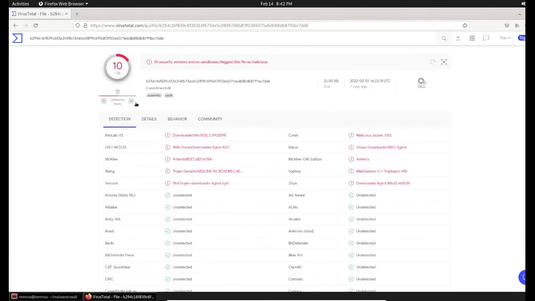Now you can see 10 vendors out of 68 found it as malicious. And you can see the description here. It is a Trojan, a remote access Trojan. So this is what I wanted to showcase to you.